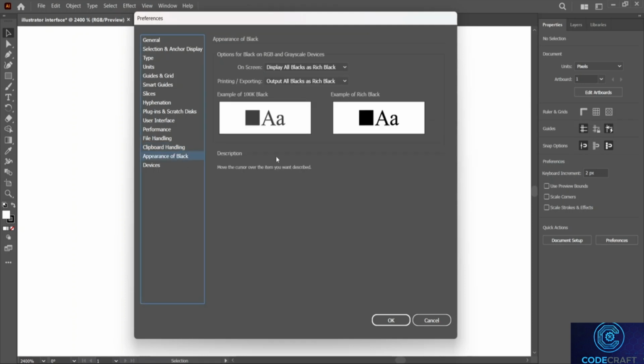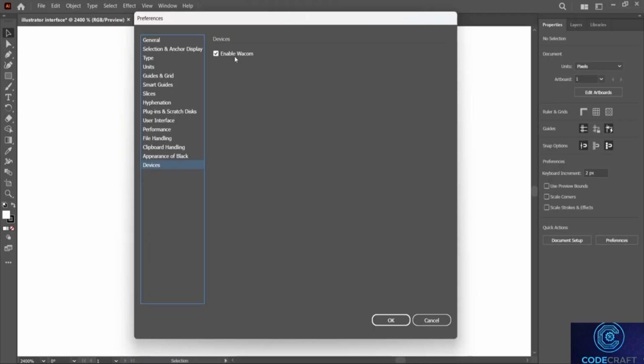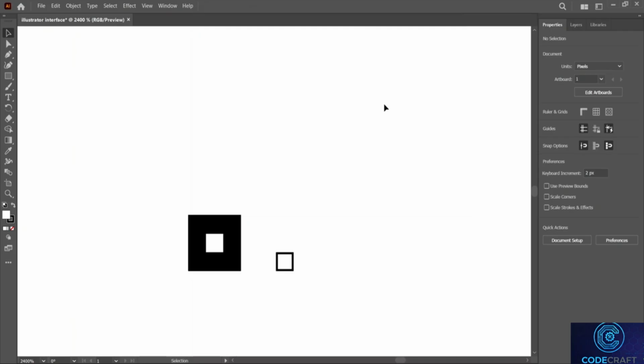All right. Then we have appearance of black. Here we can select the options for black on RGB and grayscale devices. Then we have devices, which will either say enable Wacom or not. Okay, let's press OK, and now we are back over here. All right. Now, what I'll do is basically go to the menu option over here so that you can understand